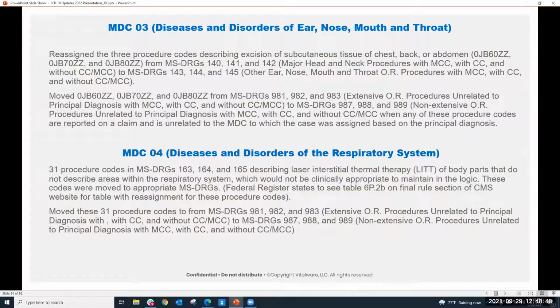MDC-03, diseases and disorders of the ear, nose, mouth, and throat. So here they reassigned 3 procedure codes to describe the excision of subcutaneous tissue of chest, back, or abdomen, from major head and neck procedures to other ear, nose, mouth, and throat OR procedures. And same thing here, they moved those procedure codes from extensive OR to non-extensive when they fall into the DRG where the principal diagnosis is not related to the procedure. And then, let's see, MDC-04, diseases and disorders of the respiratory system. So